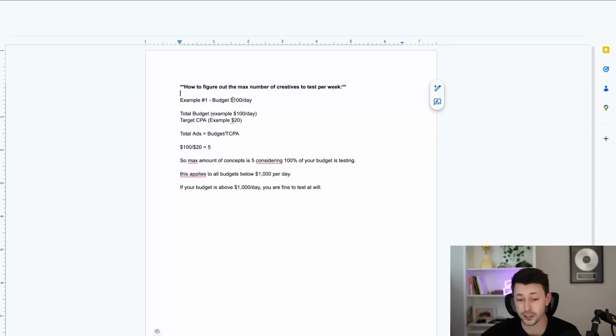So if your budget is $100 per day, that means your total budget is $100. My target CPA, let's say, is $20. To figure out how many ads or how many total tests I can run inside of that campaign without spreading everything too thin, we're going to take